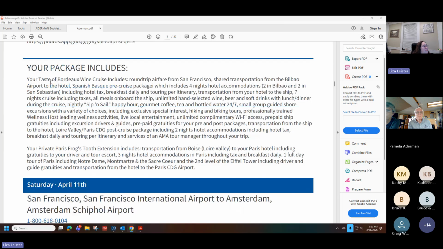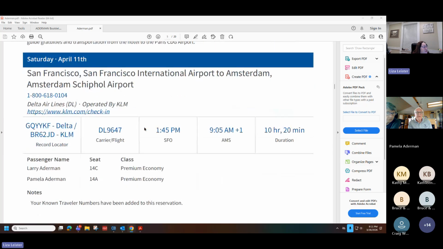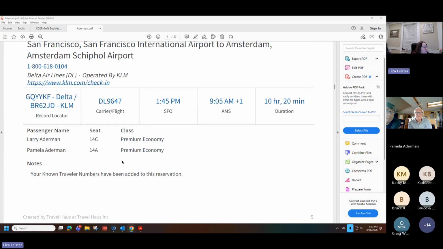Your package includes, this is what was booked with your package. And then it's going to start your actual itinerary. So here's your flight schedules. You'll see your airline record locators, the flight informations and time. Again, we all just double checked these in the last 2 days. So this is the most up to date for now. The seats, your class of service.